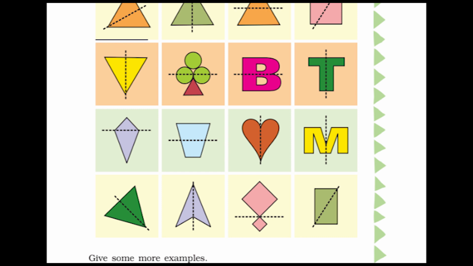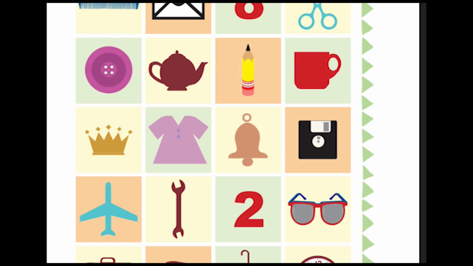Rest of the exercise, children, you will do it yourself, because doing the exercise yourself is important to understand the concept. If you do it correctly, it means you have understood the concept. The concept here is symmetry, similar. Okay, both sides are similar. You have to understand this. Using a dotted line, can you divide the following pictures into 2 similar halves? Like the painter, he played a trick with the girl and he made only half pictures.